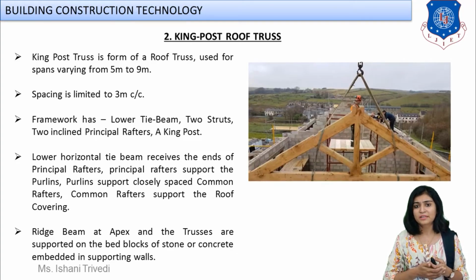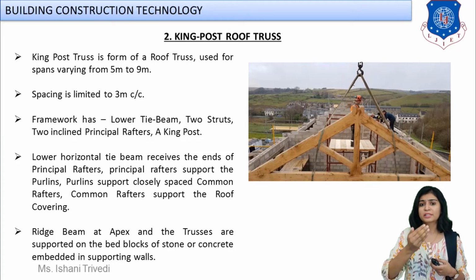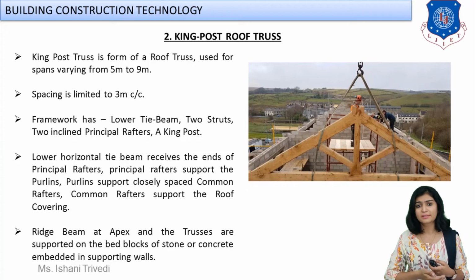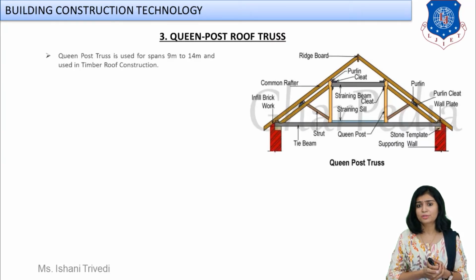Have a look at another image, how it appears for real. Till now we saw only the sketches. Now you can see how a king post truss is constructed. It is lifted, it is placed, it is nailed, it is clogged with the help of wall plates, with the help of eave boards, with the help of tie beams, and construction is carried out. I think these step by step images which I am flashing here are going to make everything clear. Now next, moving forward to the queen post truss.